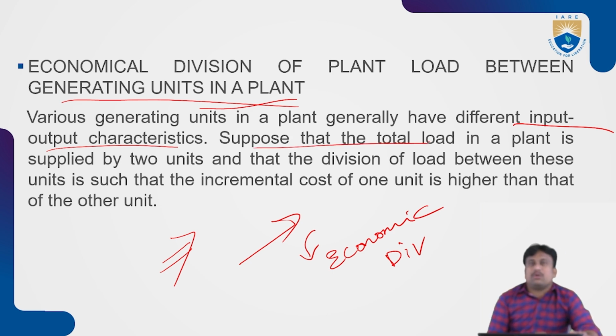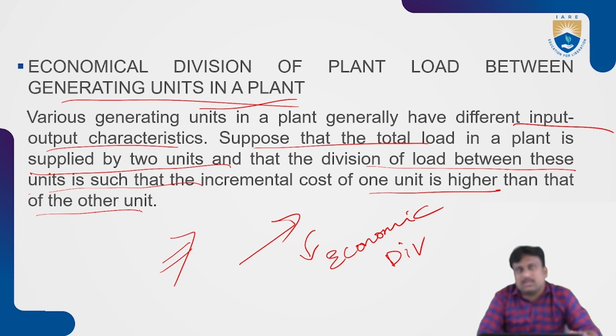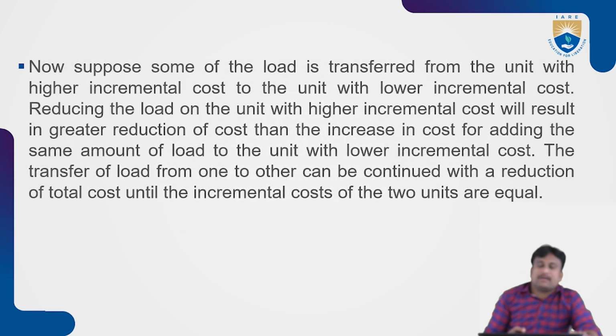Suppose that the total load in a plant is supplied by two units and that the division of load between these units is such that the incremental cost of one unit is greater than that of the other unit. So these are the changes we may expect. Now suppose